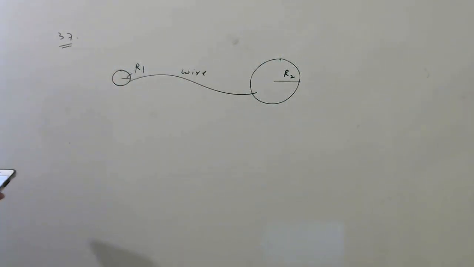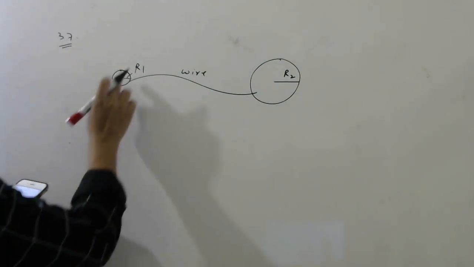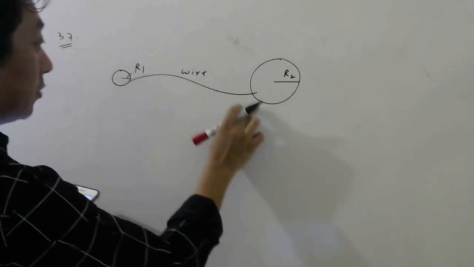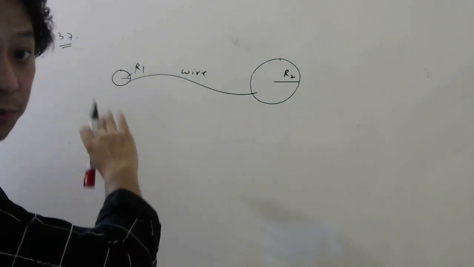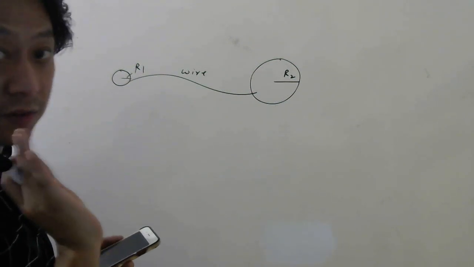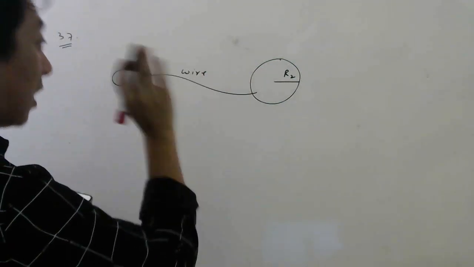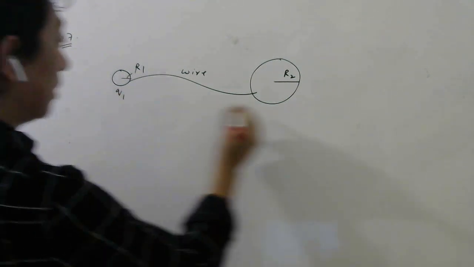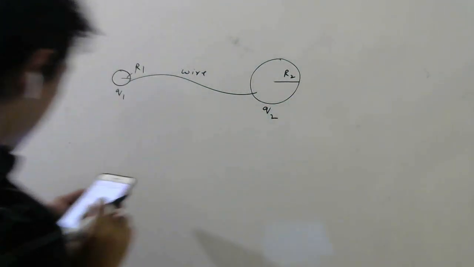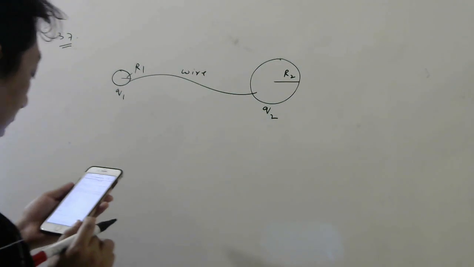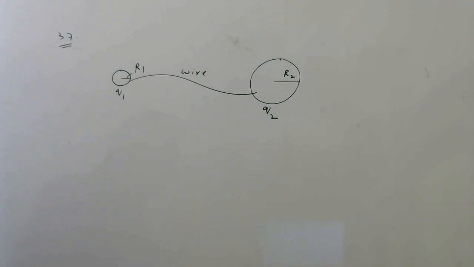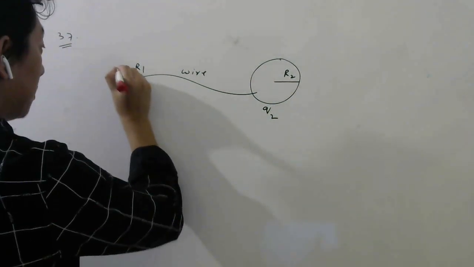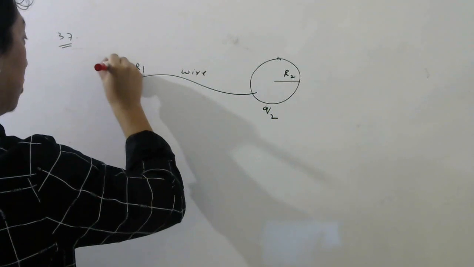If the charges on the spheres in equilibrium, now what equilibrium are they talking about? Obviously these two spheres were initially charged, and when you connect them with a wire, charge will flow from higher potential to lower potential. Already we have discussed this. So once equilibrium has been reached, this has charge q1 and this has charge q2, they are saying. Then what is the ratio of electric field strength at the surfaces of the spheres? They want the electric field on the surface of this sphere and on the surface of this sphere, the ratio they want.